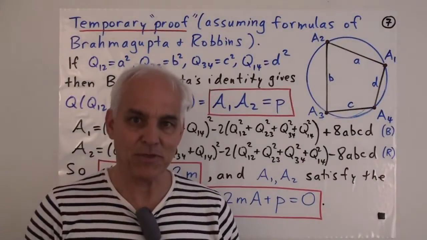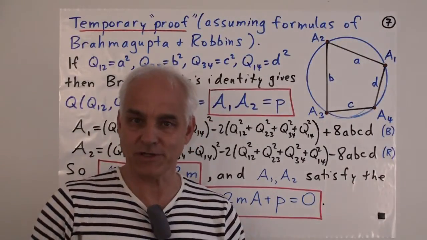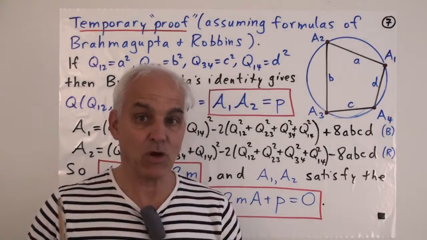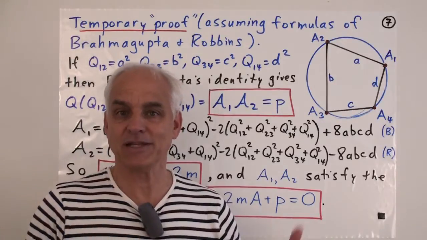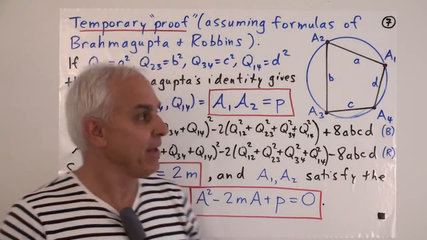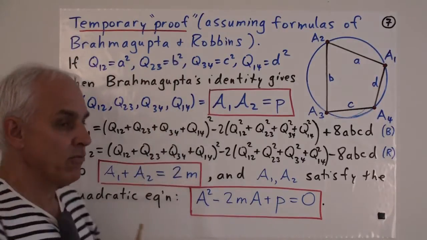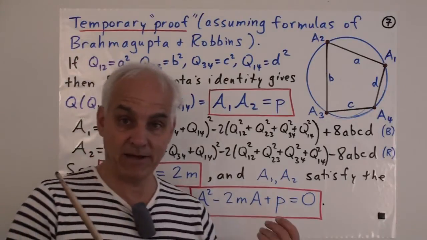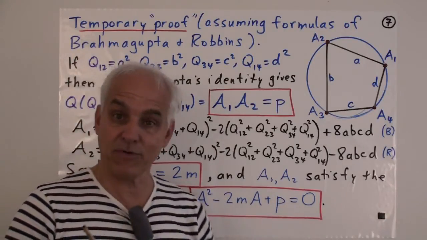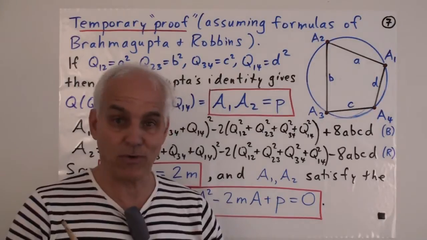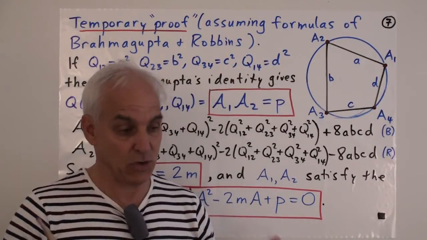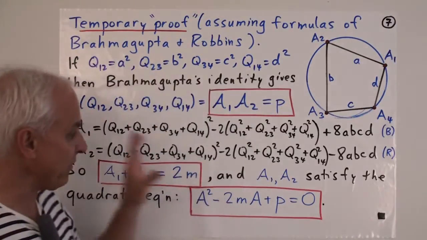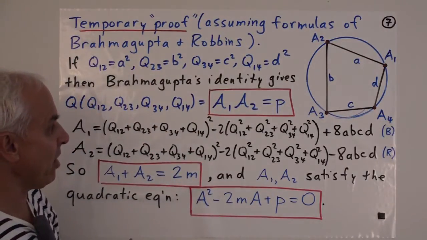So I want to show you how this new theorem incorporates the Brahmagupta and Robbins formulas. It's kind of a restatement or way of putting them together. And it really relies only on the arguments that we've had in the last video. But this is really only a temporary proof, because ultimately we want to establish this result independently of any prior theory of real numbers, any notions of square roots and distances and lengths. So we are going to have to come up with a completely independent proof of this. But in the meantime, this is a way of connecting it with the formulas of Brahmagupta and Robbins.